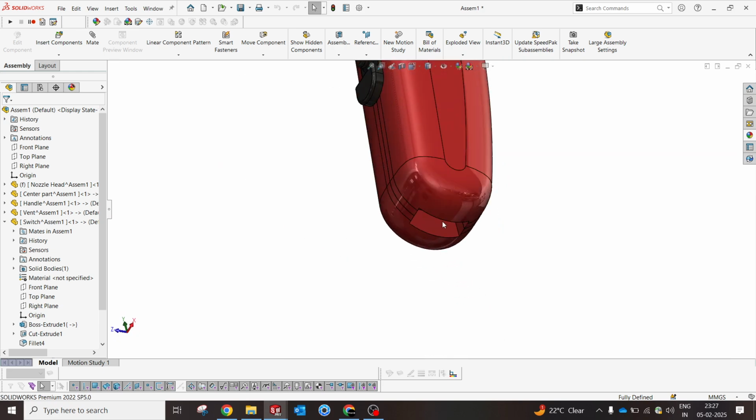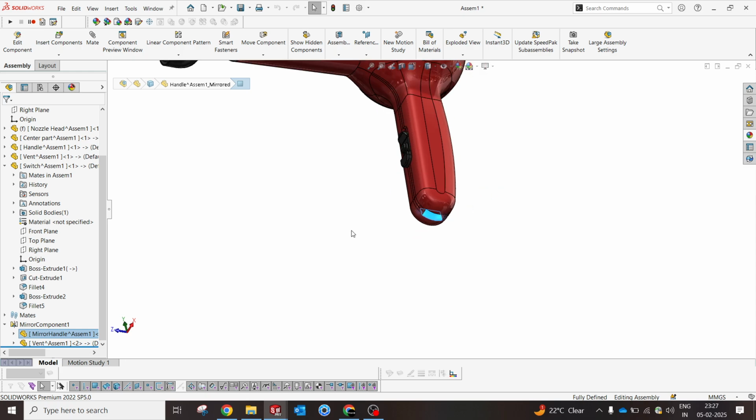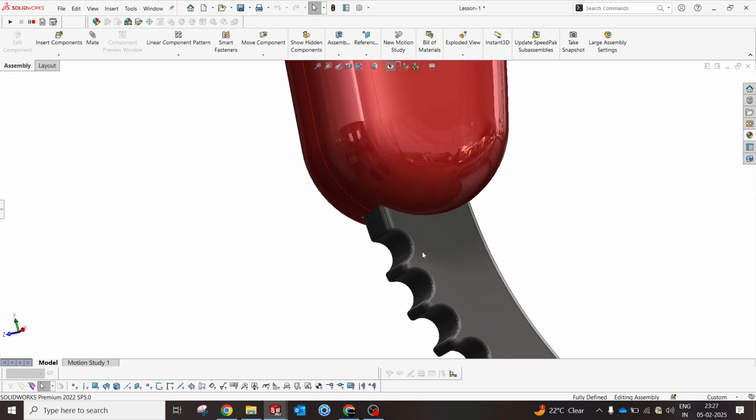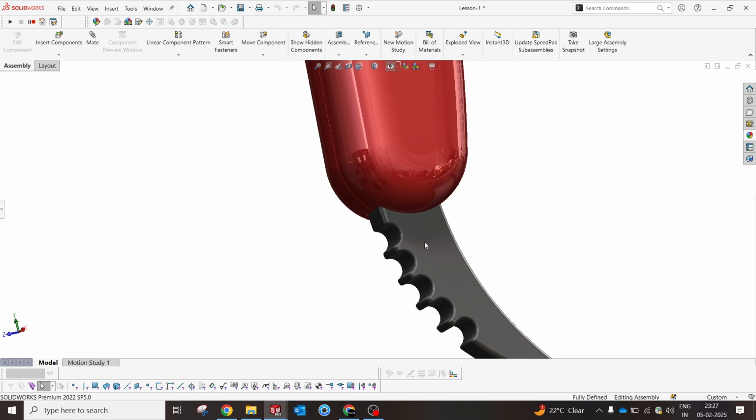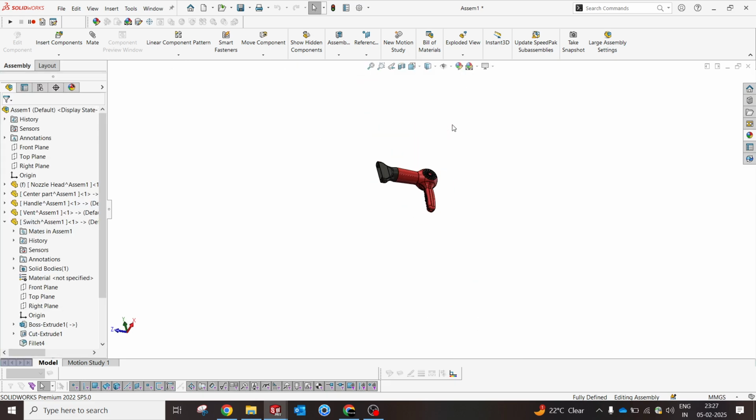Similarly, you can also try with this an option called cable. So please do comment what features you will be using to create the feature, as you can refer to my thumbnail. So also I can show you what has been done here in this. It's very simple, like a sweep and one cut and it has been patterned. So just let me know what type of pattern has been used here in the comment section,